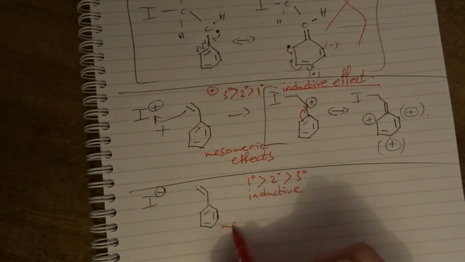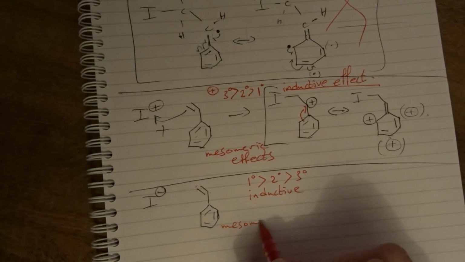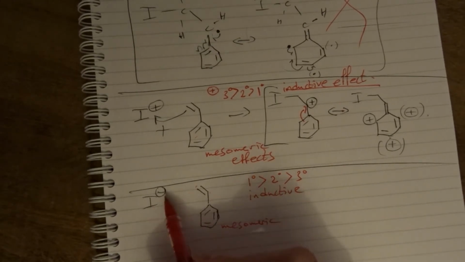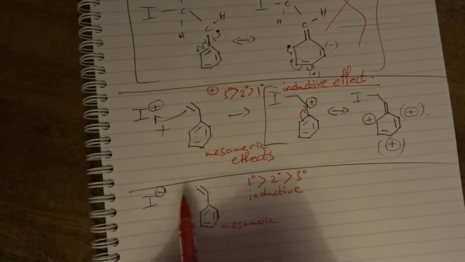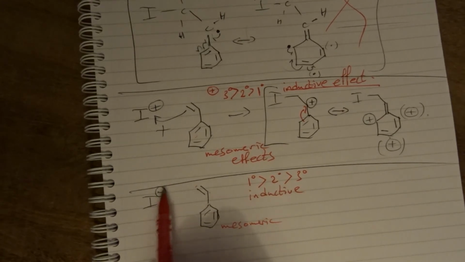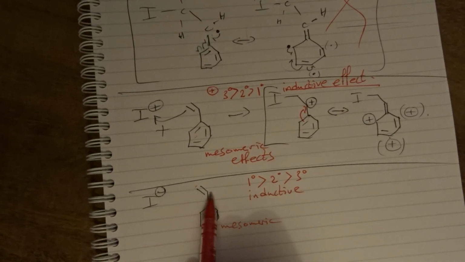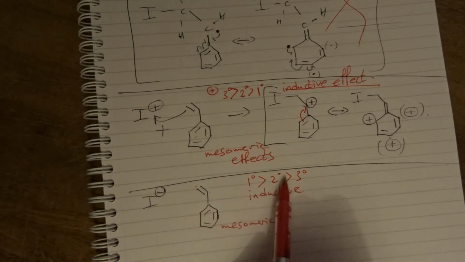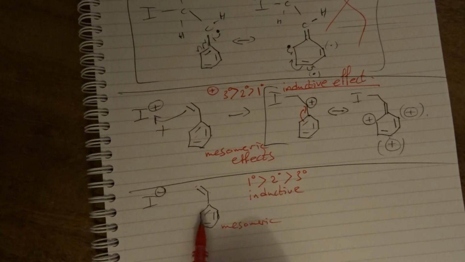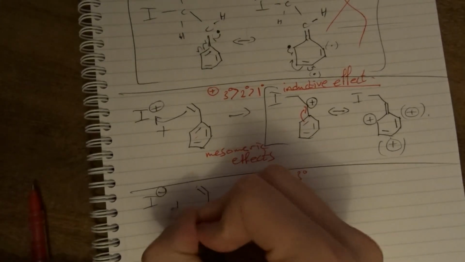So when we have the mesomeric effects, we should choose that the negative charge attacks here, so the negative charge at the end will be positioned at the secondary carbon. But then we have the inductive effect, which is not promoting stabilization at all, but destabilization. So how do we choose? And in this position, you have